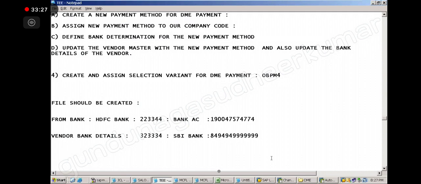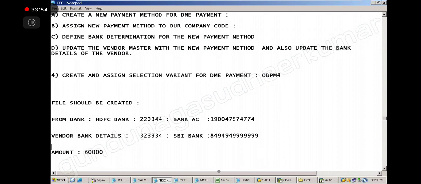Is the amount also important or not? 60,000, sir. Amount is required. Is this basic information enough? No. Our bank, this bank, and the amount. Vendor name details also. This is the bank name. So this information we want in the file, correct?